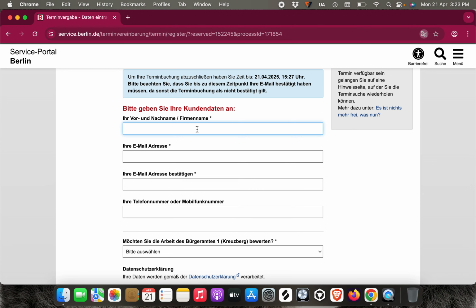There's a representative who can help you get your Anmeldung done, but the Anmeldung will be done only when you have the contract provided by your landlord or your landlady. So you need to get this document as soon as possible if you want to do this on time. So I'm just filling in my name here